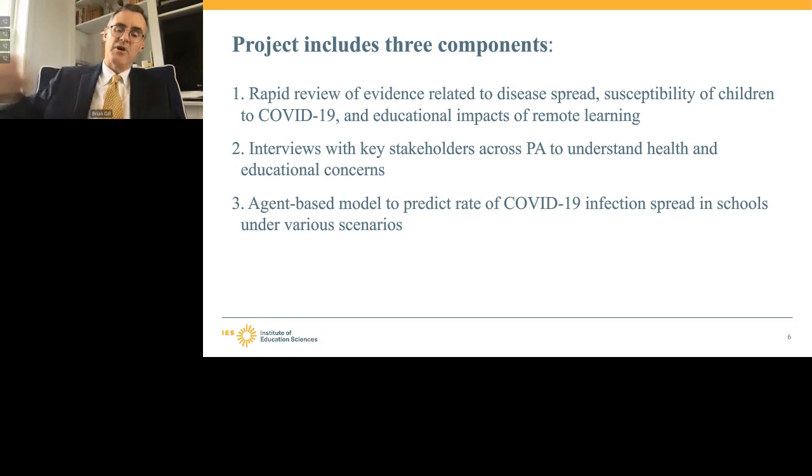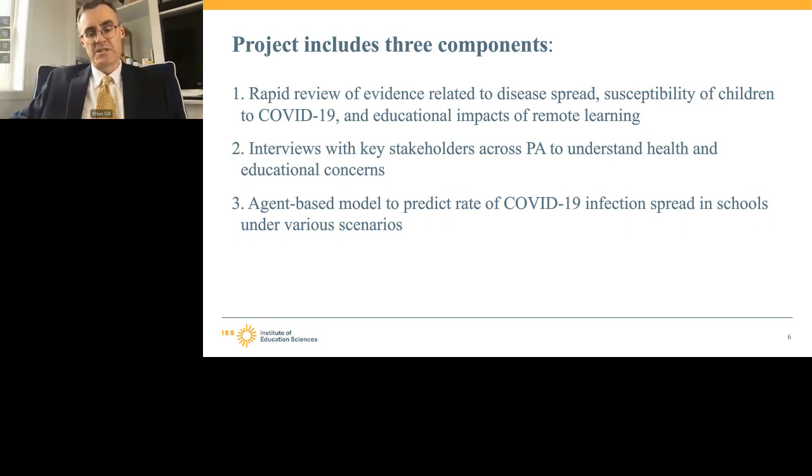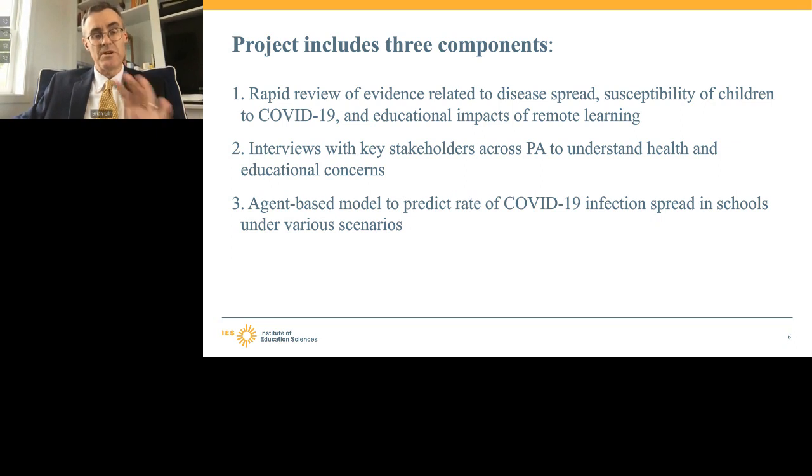And the third task involved conducting simulations using an agent-based computational model to predict the rate of COVID-19 infection spread in schools under a variety of different scenarios and different strategies for mitigating spread, drawing on much of the existing discourse as well as our interviews across the state in terms of the kinds of plans that schools may be